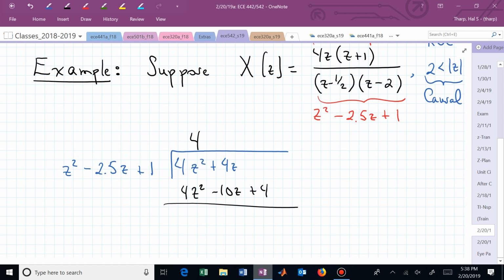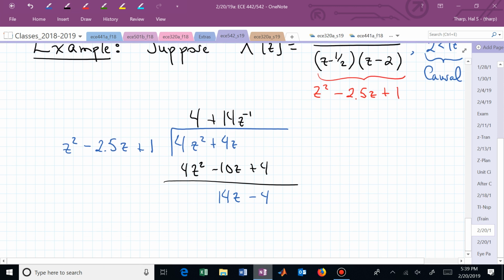Subtracting that line from the numerator expression, the z squared term goes away. We subtract a minus 10, and we end up with 14z minus 4. We now say, what's it going to take to multiply something by z squared to end up with 14z? It's going to be 14z to the minus 1. So now this becomes 14z,